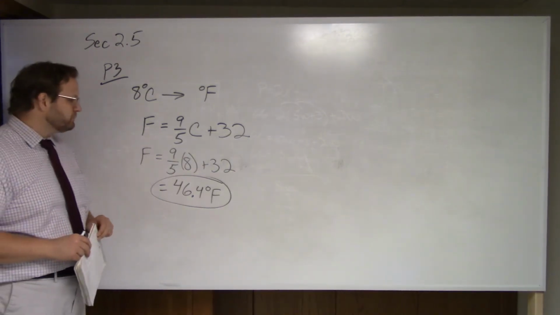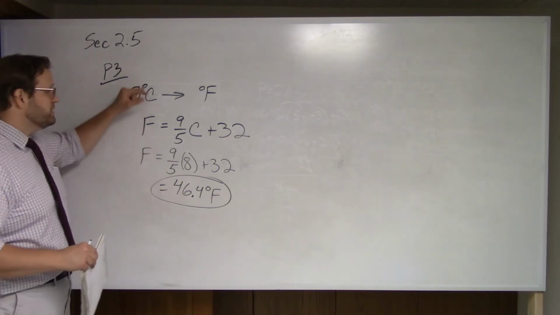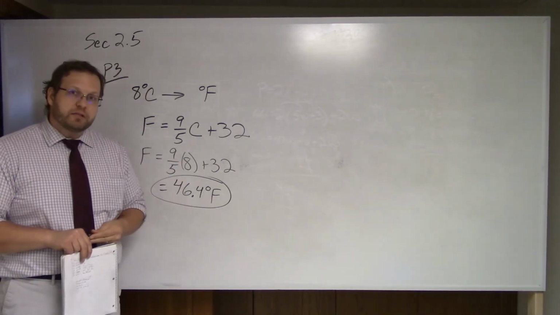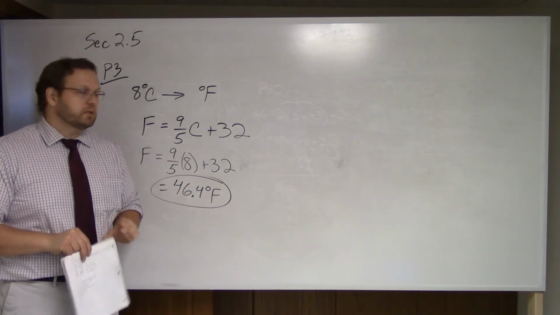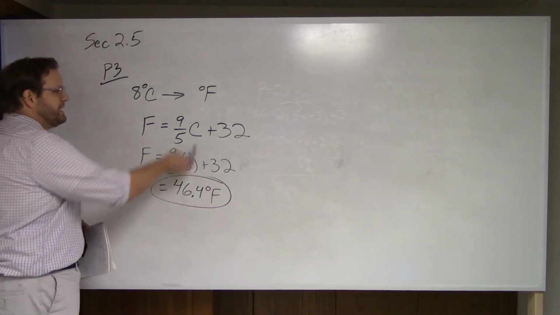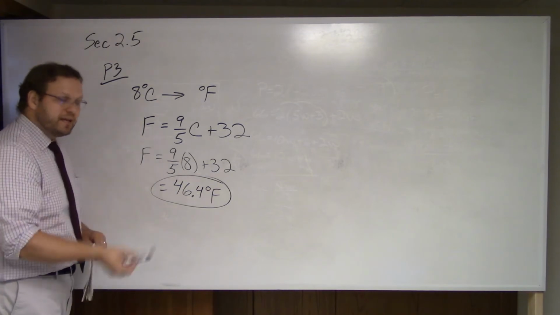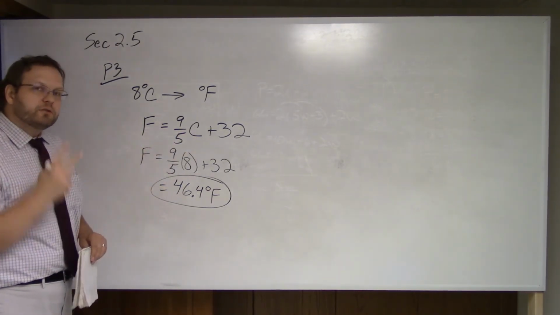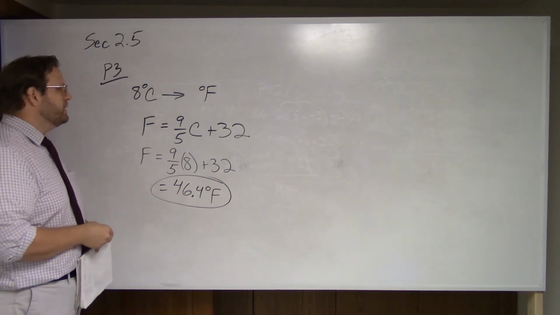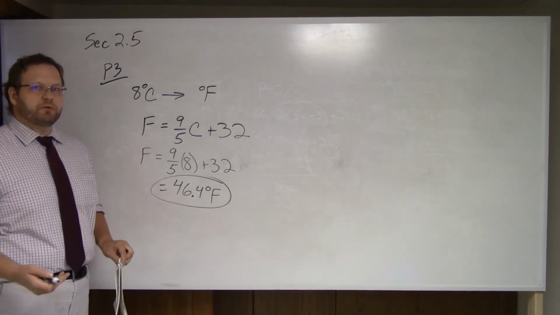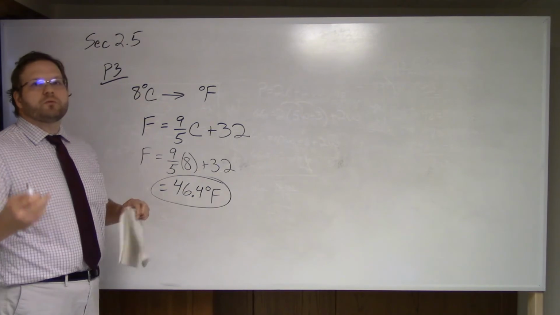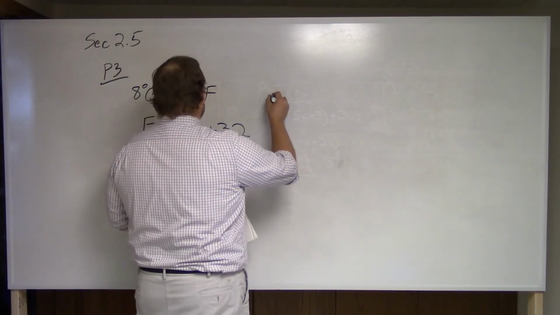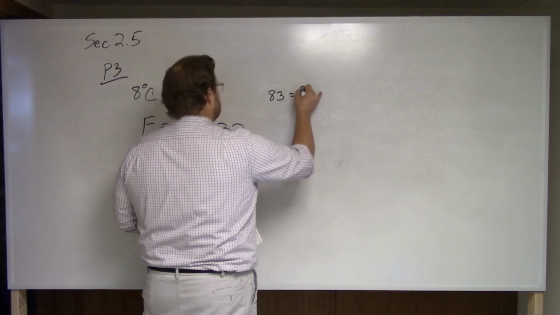Okay? Now, this brings me to the next portion of this section, where we actually just work with formulas and manipulate the formulas themselves. Now, this was a very easy formula, and it was set up to translate Celsius to Fahrenheit. But what if I was going the other way? What if I wanted to know the equivalent Celsius temperature for 83 degrees Fahrenheit, for instance? Then I would have something like this. If it was 83 degrees Fahrenheit,